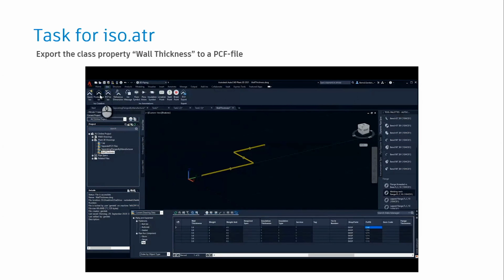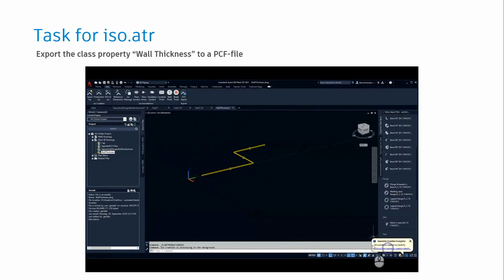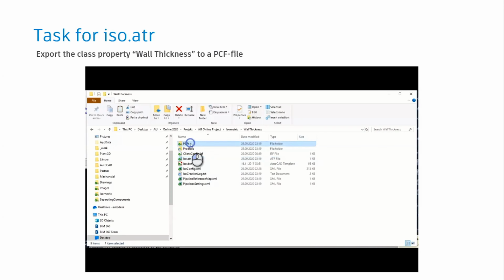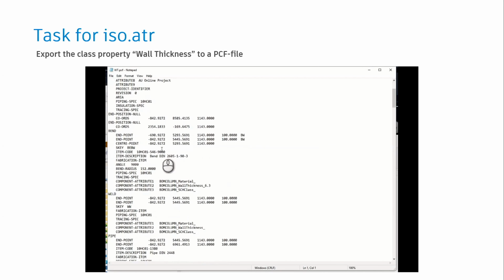Now we have to create a new ISO, production ISO, selecting the specific changed modified ISO style. The ISO drawing is created, but we are not looking for the ISO drawing, but for a PCF file, opening it with Notepad.